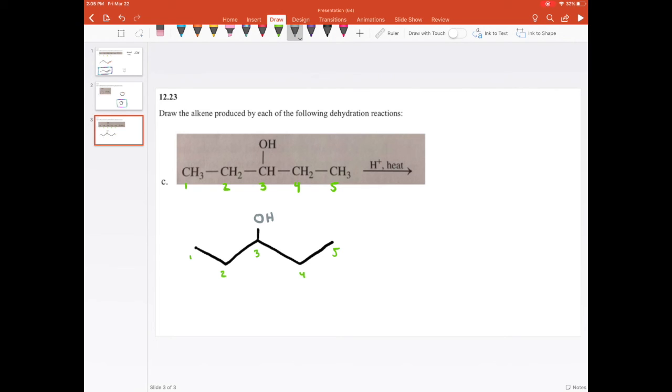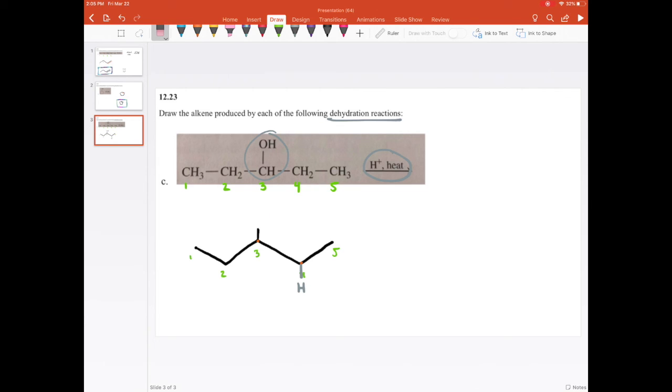OH coming off. Now, on one of these carbons next to it, it doesn't matter which one you choose. You could choose the one to the right or to the left, but it has to be the one immediately next to it. There is a hydrogen coming off. We know it's a dehydration, first because it says in the problem, second because it has the H plus and heat and an alcohol. So what you do when it's a dehydration, and I'm going to put as a reference just where this OH and the H were,